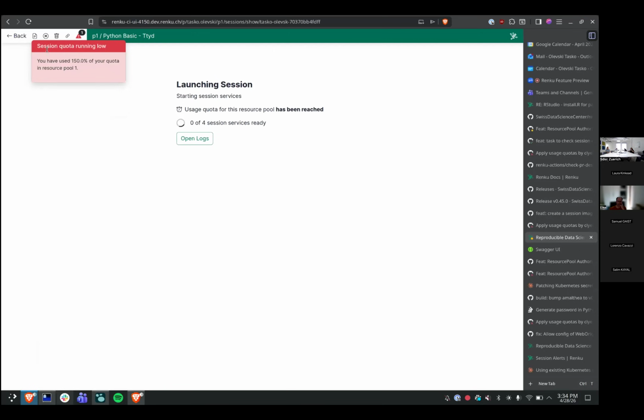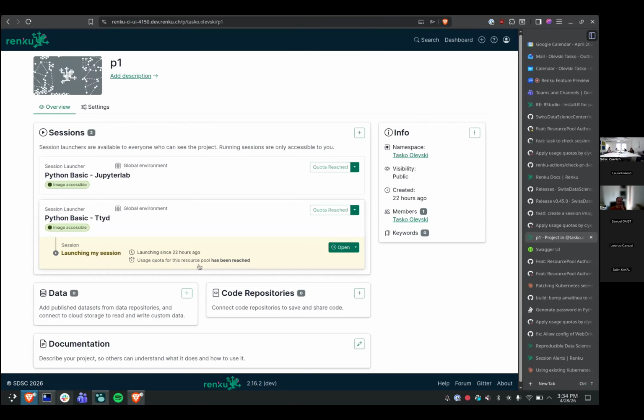When you reach it, you'll get this alert. Here, because I've reached it, you immediately get it, but that is what it looks like when you launch the session. It will run for a bit and then it'll show you this message. What else? I think one thing that we need, this is still, it hasn't been fully merged, but most of